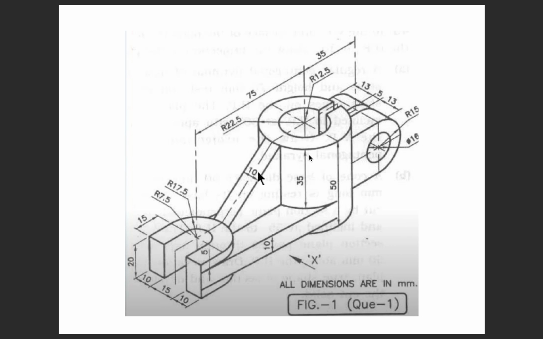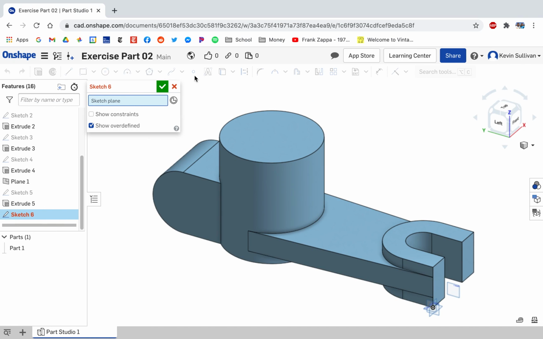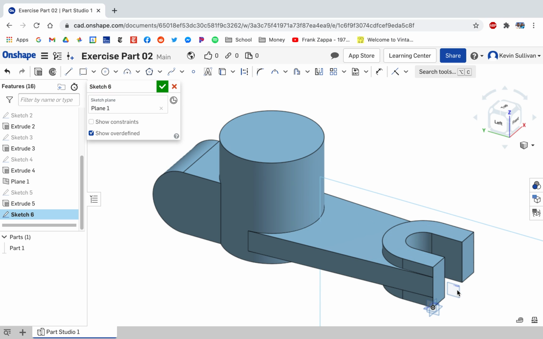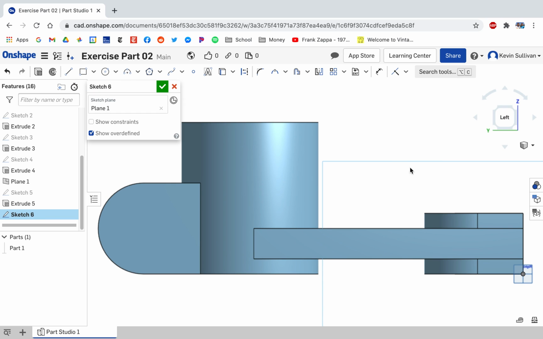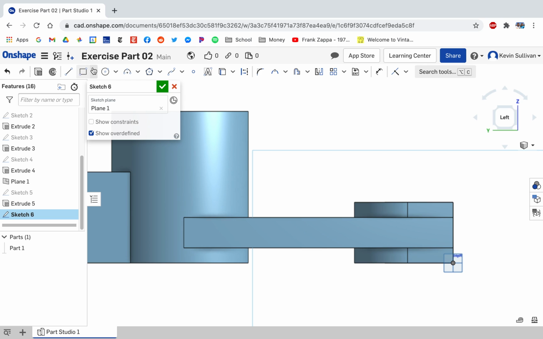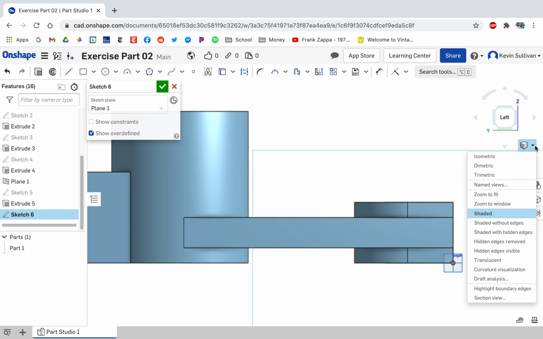The next thing we are going to work on here is this ribbing here in the middle. Easiest way to do that, start a sketch, select this plane here, and then we are going to go from the left. You can look at it from the right, left, doesn't matter. I don't quite know how. There's some tools in Inventor that allow you to change your view a bit, so you can